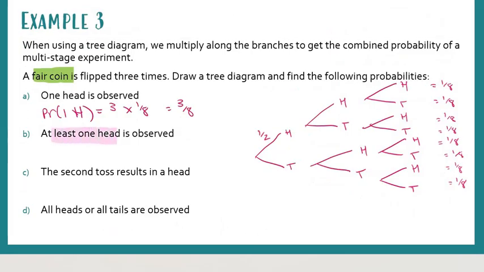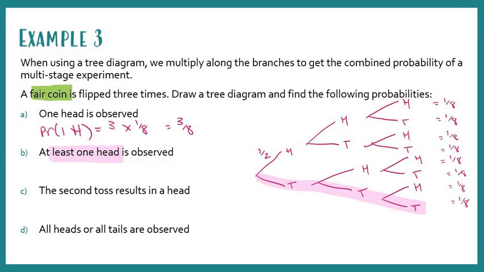And so if we've got at least 1 head being observed, and we follow that tails, tails, tails branch, it ends up being 1 minus 1 over 8, which ends up being a 7 in 8 chance of getting at least 1